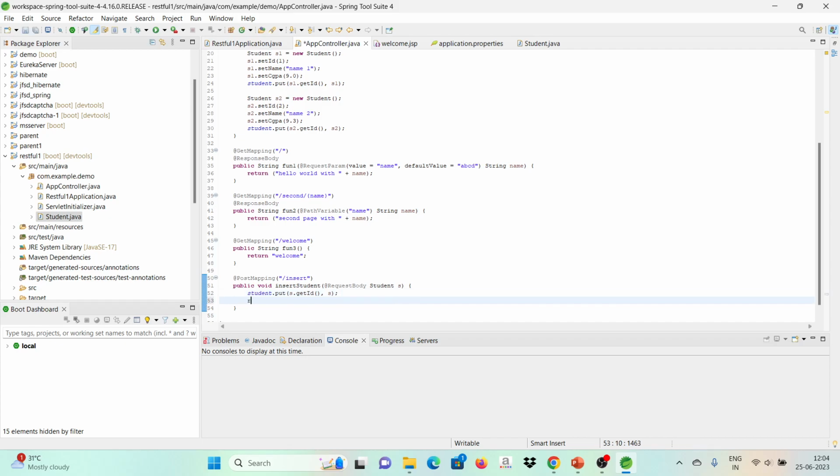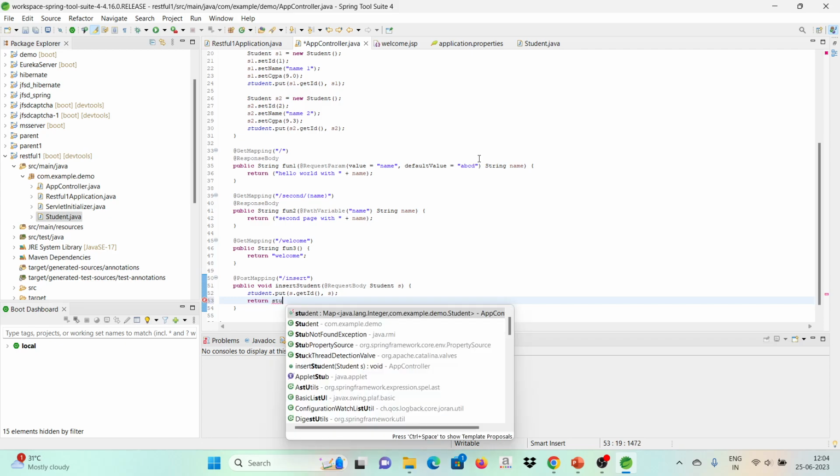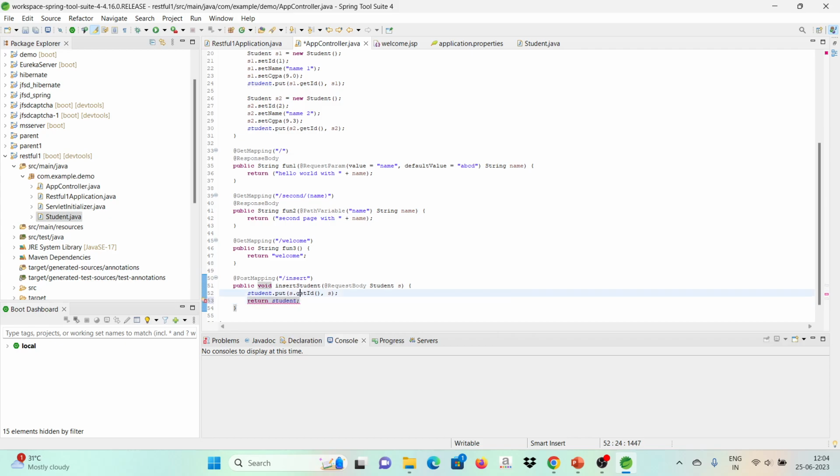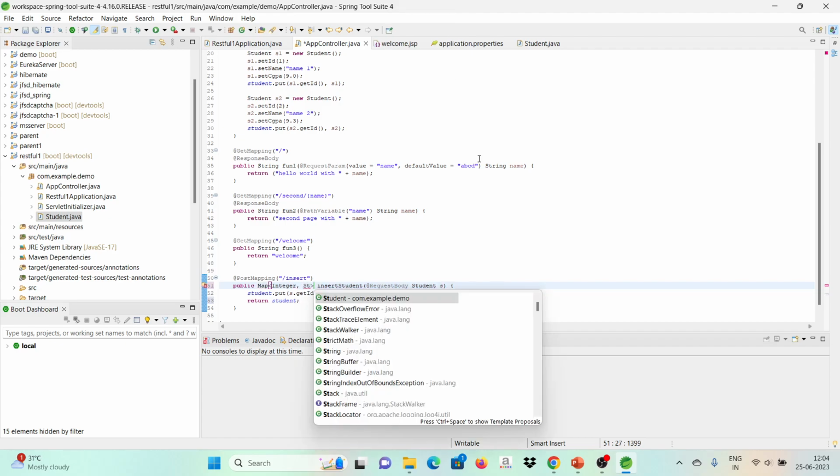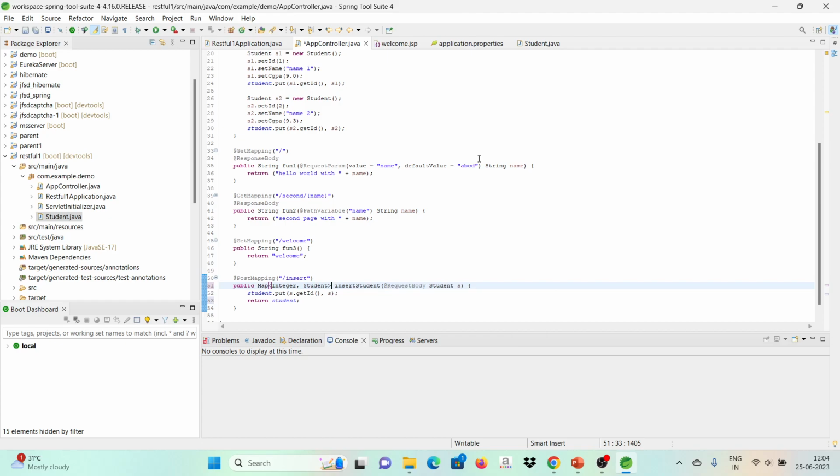That means you have to return the entire student object. Now the return type is mismatching because we had given void. So I will change that void to Map of Integer comma Student. Now exactly the student map which we are returning will match the map type of Integer, Student,